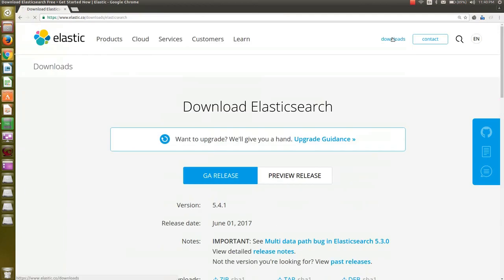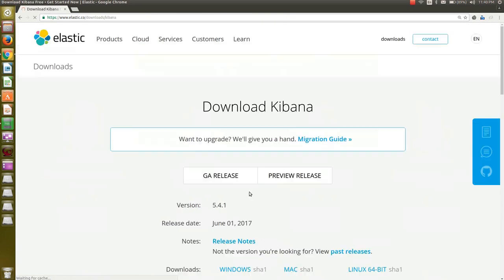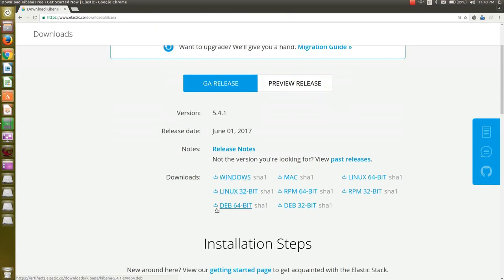Then we'll go to download Kibana. And since I'm using an Ubuntu 64-bit machine, Linux version, I will be downloading the Linux version. So if you are using Windows, based upon the operating system, you have various options to download.